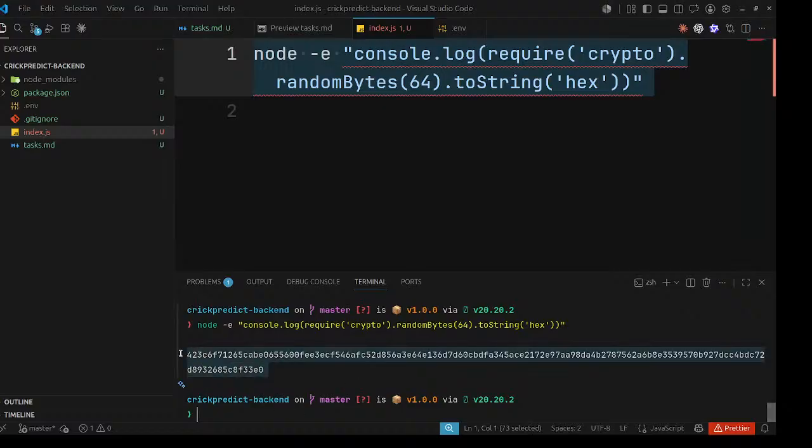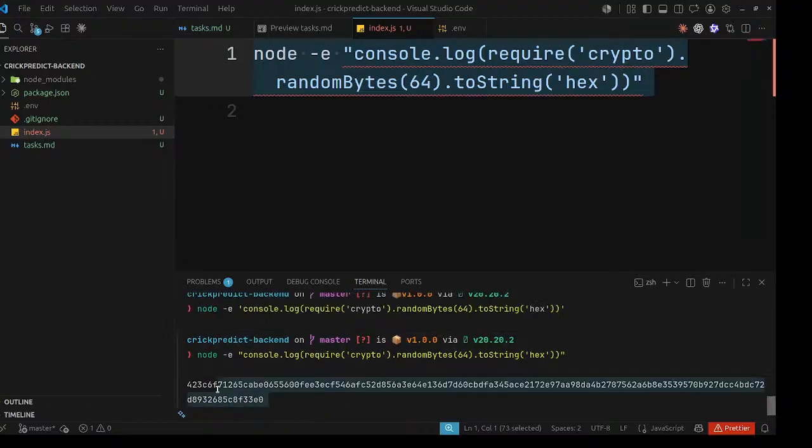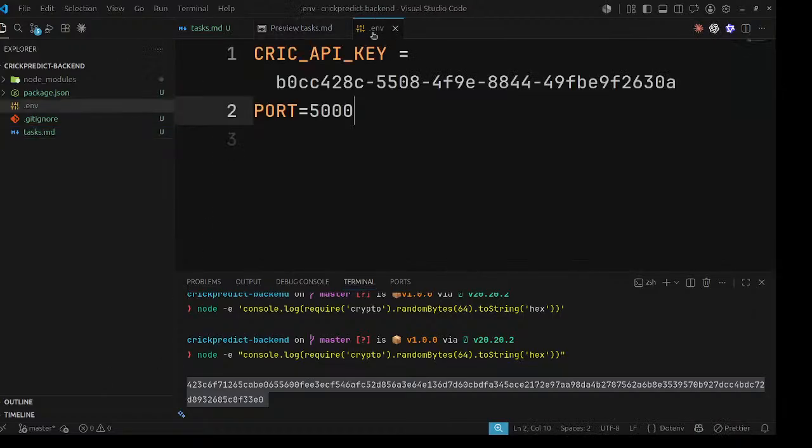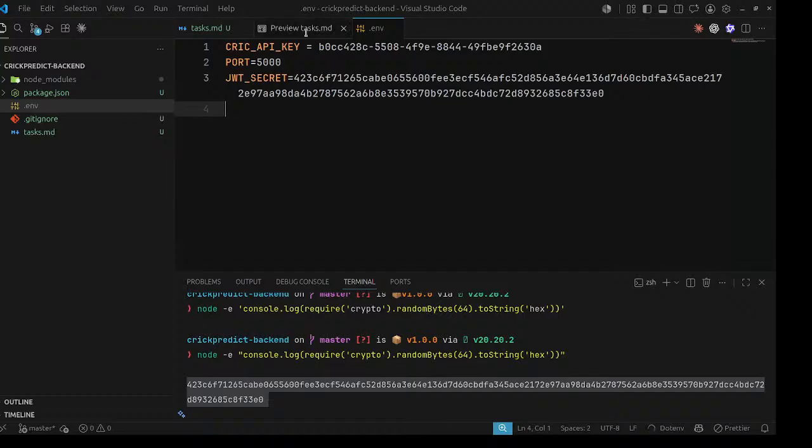This is a random value. Sorry, I just hover and copy it. We can set it equal to that, as the JWT secret. Yeah, that's it. It's pretty much good.